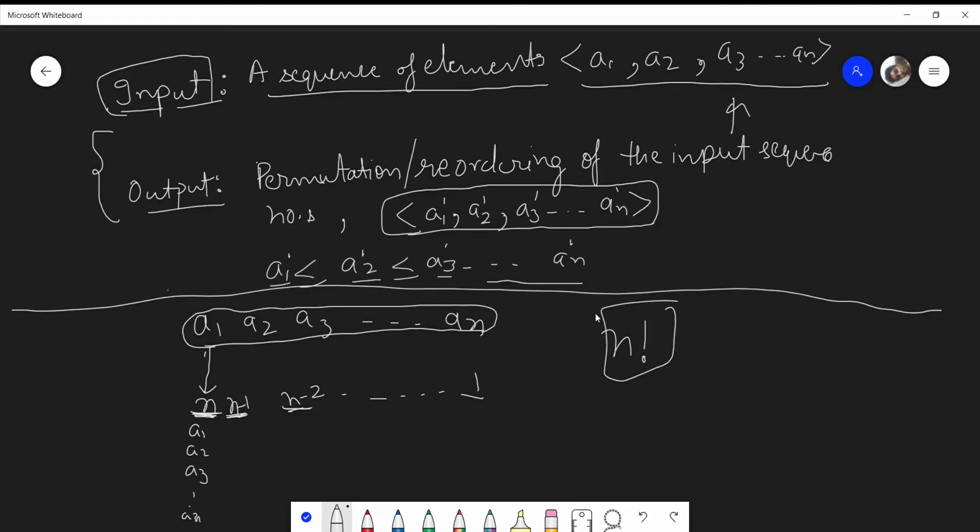Now out of these n factorial permutations that I am generating, I can test them one by one, to see whether the newly generated sequence is a sorted one or not. So if I have to take an example, a permutation of this particular input sequence can be this also, right?